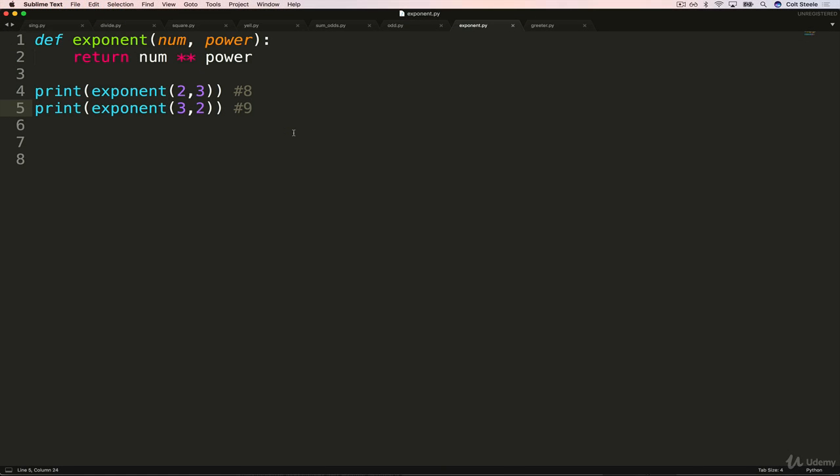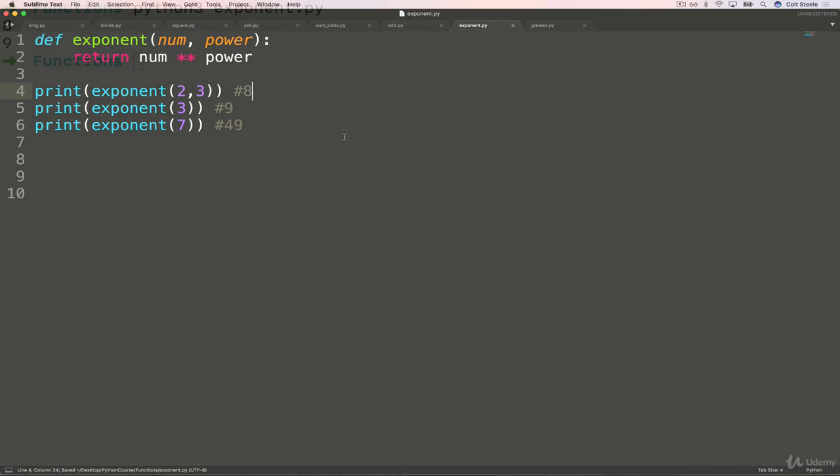Cool. But now let's say I want a default behavior. The most common exponential operation is usually to square something. So let's say if I don't pass in a power, it should default to 2, so that we should square things. So this should still return 9, and this should still return 8. And let's add one more in. If I just passed in 7, it should be 49. So these will have a default value for power. And if we specify a value, it should override the default.